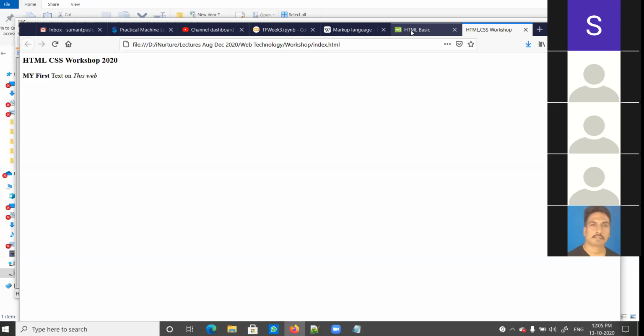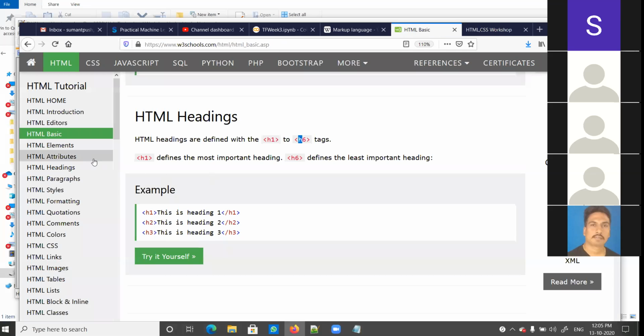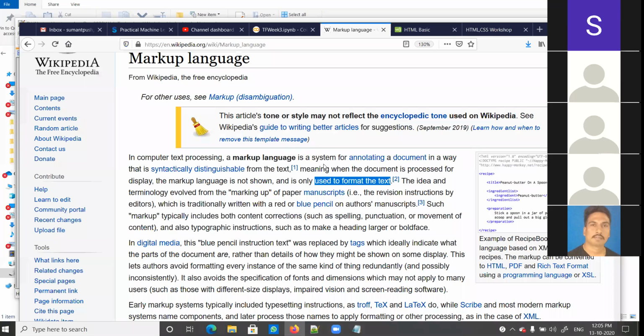Okay. Thank you, sir. So we have seen heading, and the next thing we would like to show you. See, in any web pages, generally we have to decorate text, we have to decorate images. There are two things, and another thing is we have to place links. So if I visit this Wikipedia page,